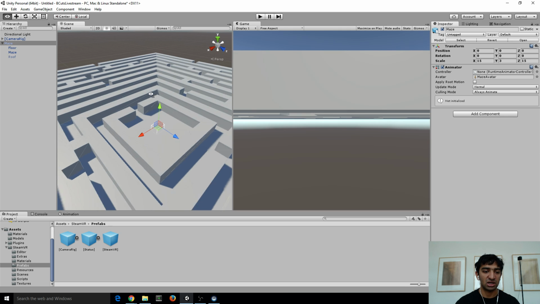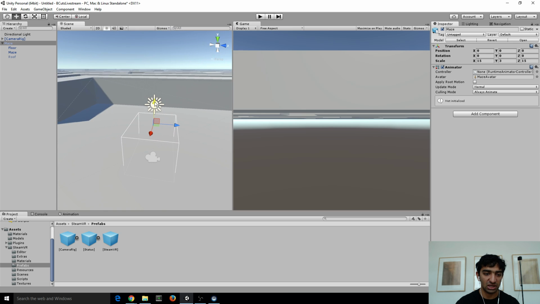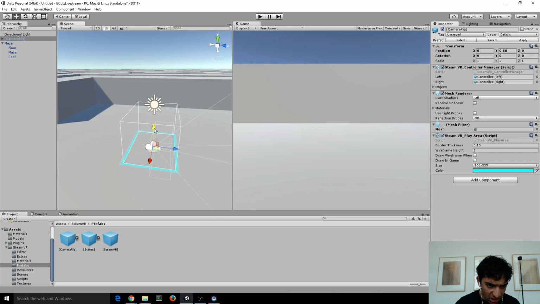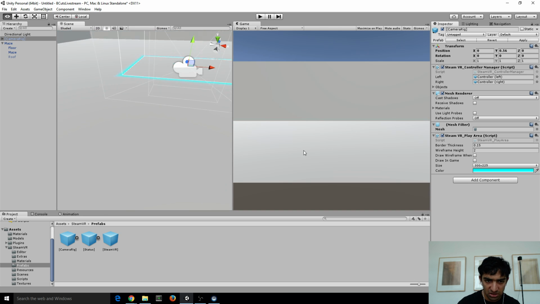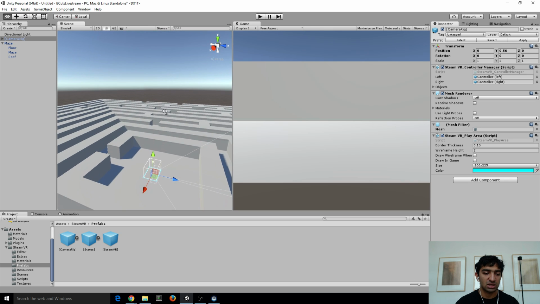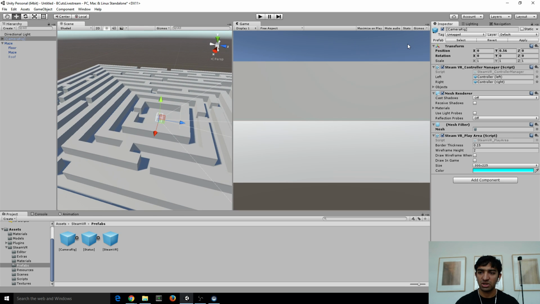Yeah, so we got to make sure we're not stuck in the floor. So definitely, oops, not move the maze, move the camera rig up, just so that that blue is about on level with our ground. And so let's see. Now that we have this,